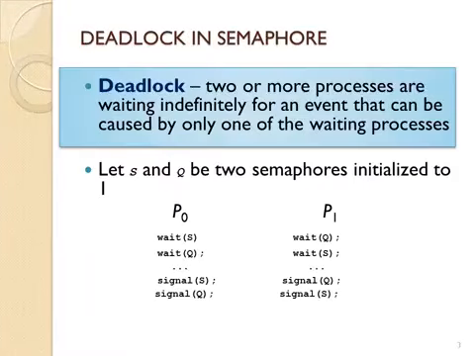So, a deadlock in a semaphore. Sometimes in a semaphore, if you take a look at this, process P0 is going to change the value of S to 0, but then P1 is going to change the value of Q to 0, and then P0 is going to be stuck waiting on Q, and P1 is going to be stuck waiting on S. So they're both waiting on each other, and they will not be able to signal because they're waiting on each other. And this can happen if semaphores are not